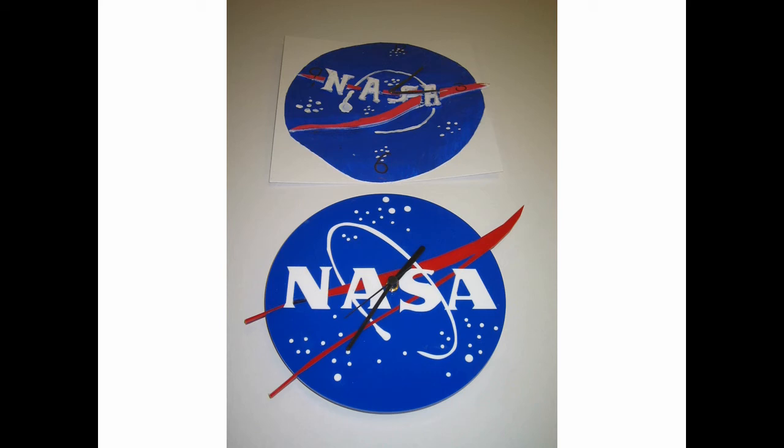The clocks we produce look very flashy because of the way that they're produced. So if I can just talk you through that. They're not your normal school clock project. If we take the one in front of us, for example, the NASA clock, the way that is designed